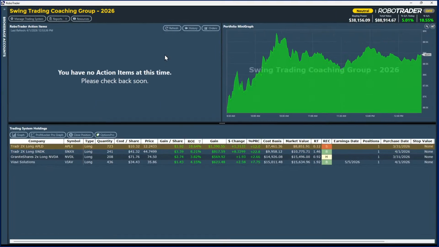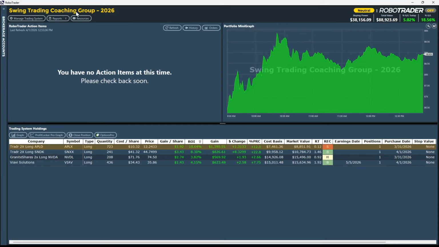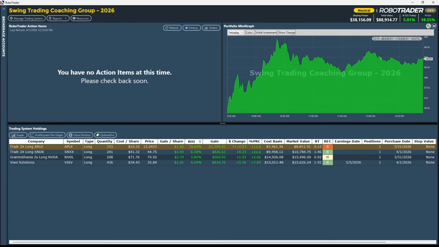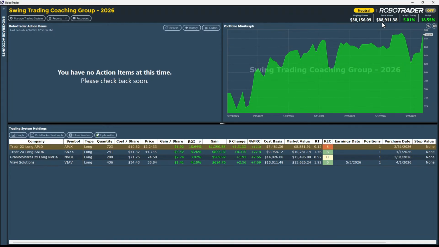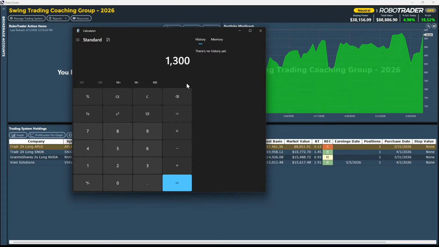I'm going to show you guys my current swing trading portfolio. This is my swing trading coaching group portfolio. This is 2026, up about 19% so far. The total value right now, let's round that up, 89,000. 1% of that is $890. 2% is about $1,800. About $1,300 is 1.5%. I like to live right in the middle. Don't risk more than 1 to 2%. I like to, as a rule of thumb, say I'm not going to risk more than 1.5% on any one